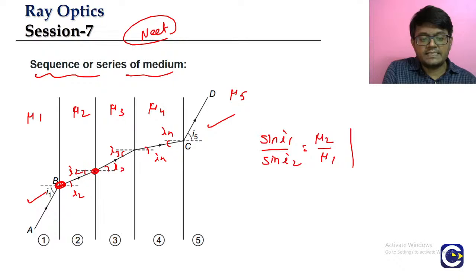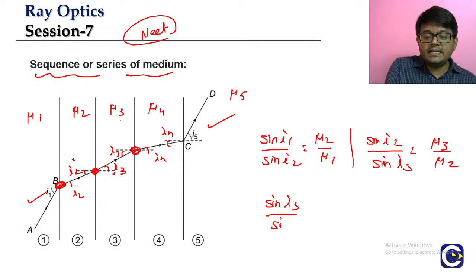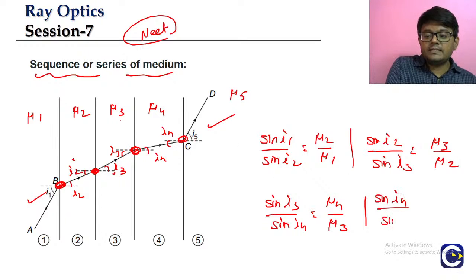So we're done with the first refraction. Second refraction, look at this. Here the angle is I2, here the angle is I3. Now, sin I2 by sin I3 is equal to mu3 by mu2. Then the third refraction, from medium 3 to medium 4: sin I3 by sin I4 will be equal to mu4 by mu3. Then the last refraction: sin I4 by sin I5 will be equal to